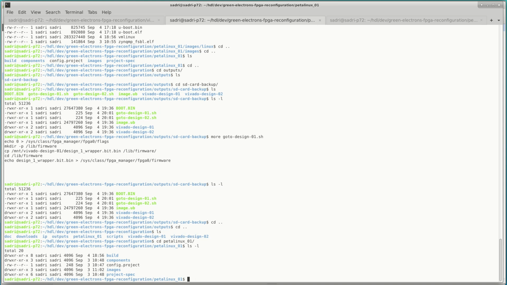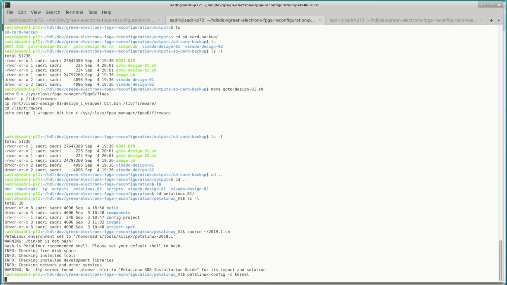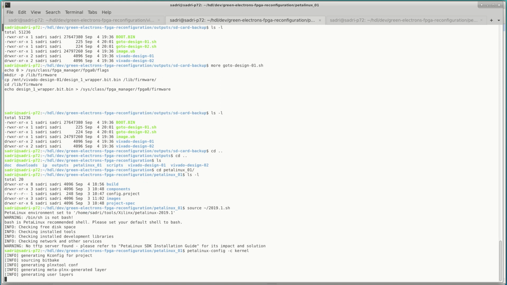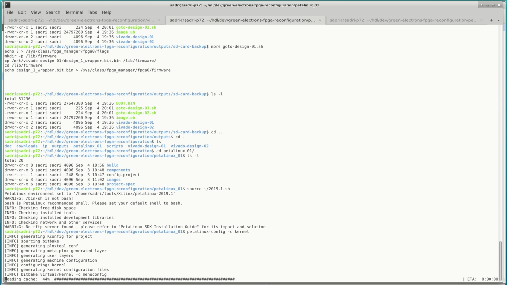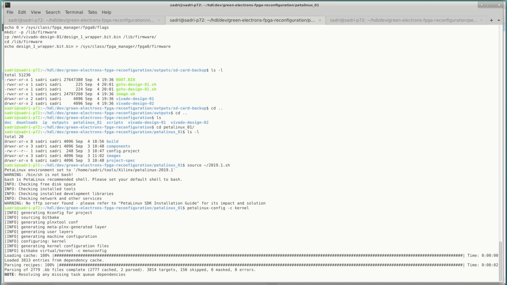This can be done by issuing petalinux-config -component kernel, which brings up the menu interface through which you can configure the kernel, enabling and disabling different drivers inside the kernel. There, in the device driver section, in the FPGA device programming section, if I recall correctly, you can double check